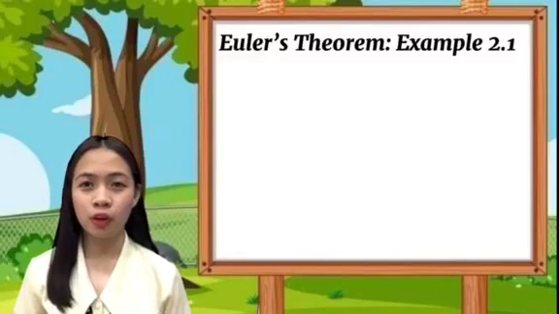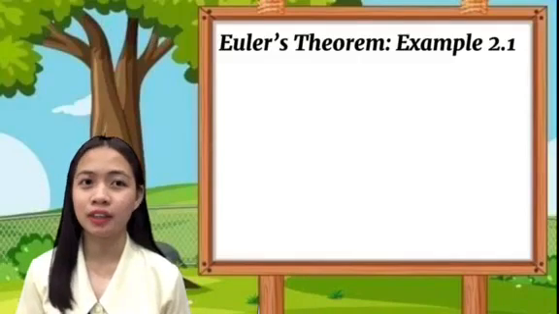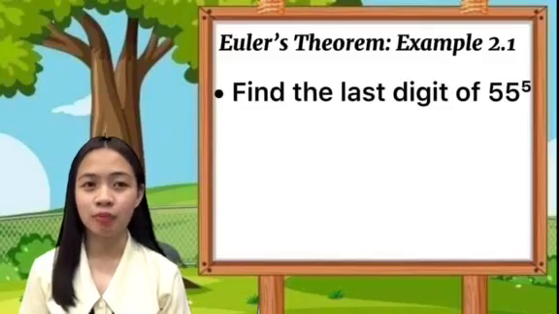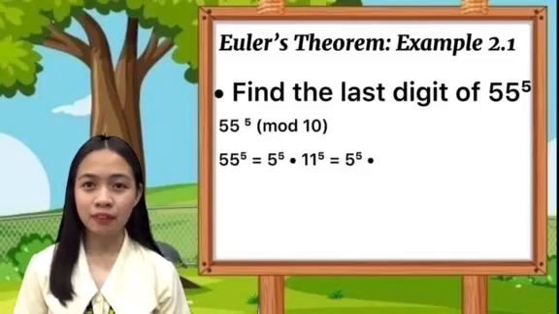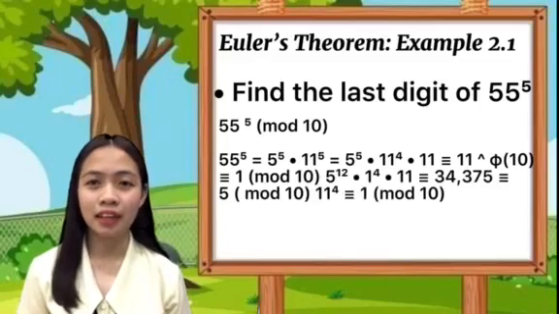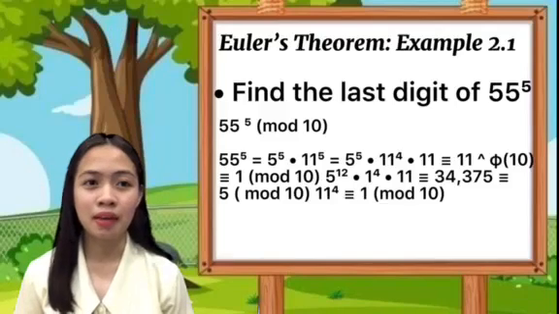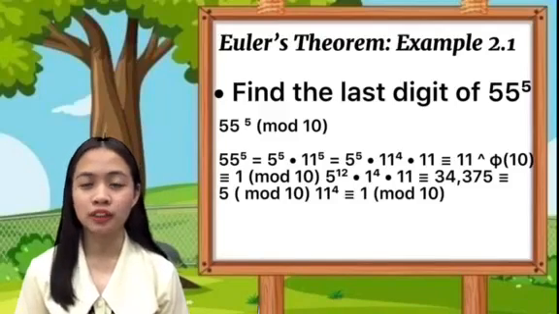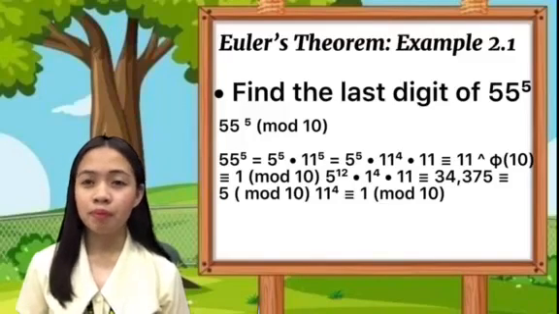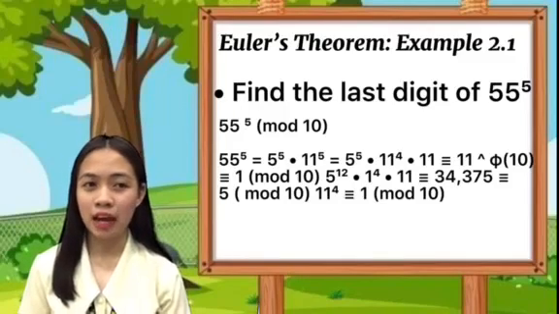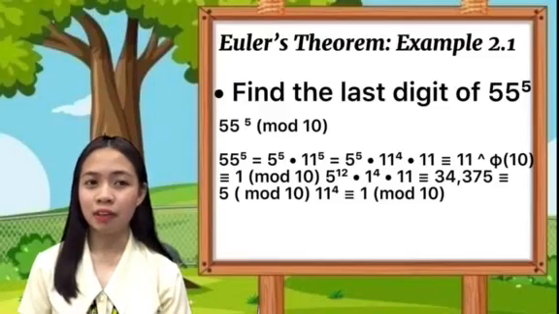Now let's move to an example where we can apply Euler's theorem. Euler's theorem can be used to reduce large powers modulo. So for example, find the last digit of 55 raised to 5. We're going to write 55 raised to 5 modulo 10. Since 10 and 55 are not relatively prime, but 55 has a prime decomposition which is 5 and 11, to continue, 55 raised to 5 is equal to 5 raised to 5 times 11 raised to 5